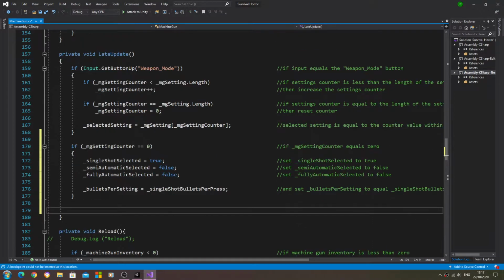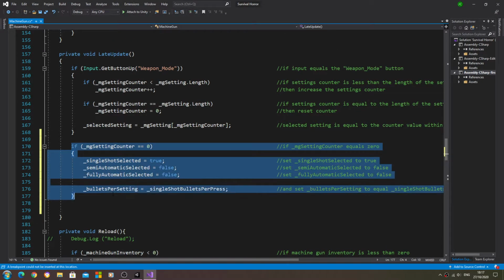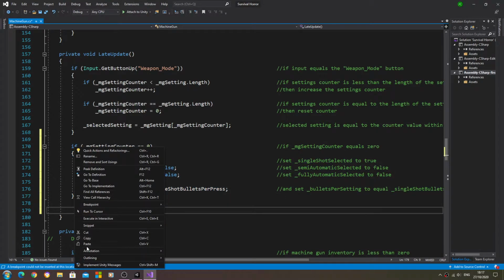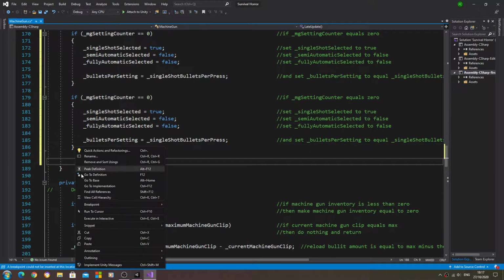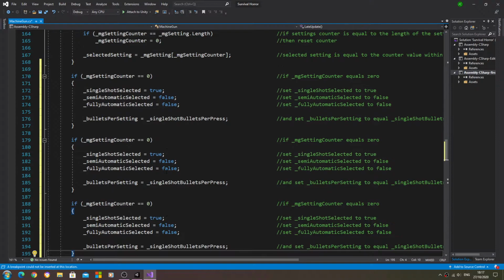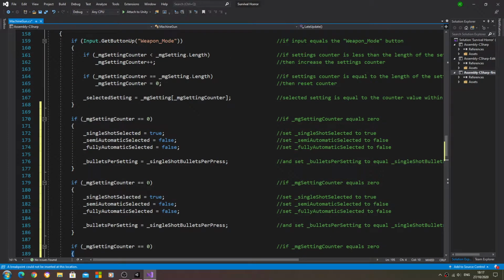We'll come below and we'll copy that entire if block. Remember to get the last closed bracket here, and we'll just paste that in twice. So we'll just go through and change what needs to be changed. So in the next one we'll say 1. If the counter equals 1,